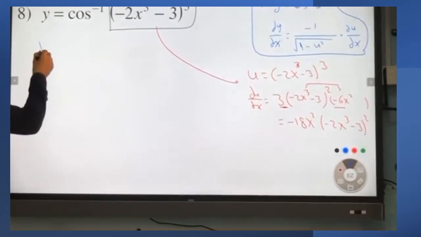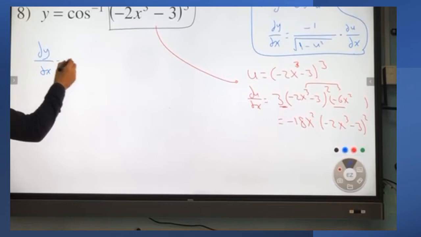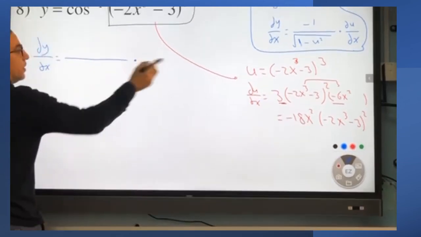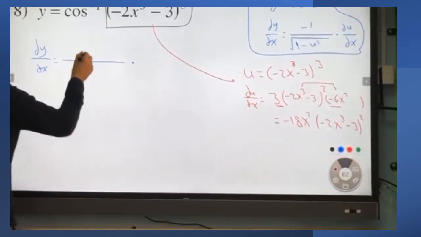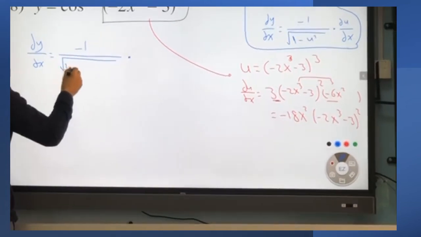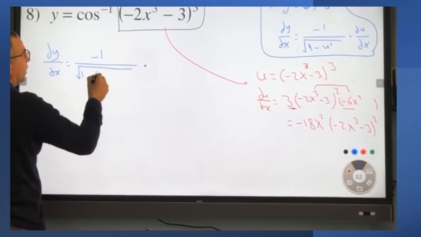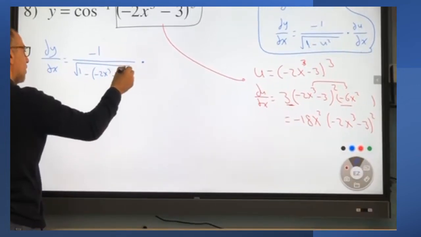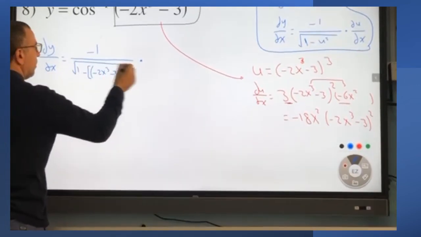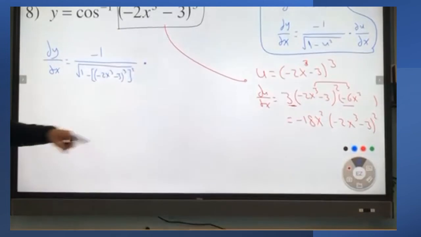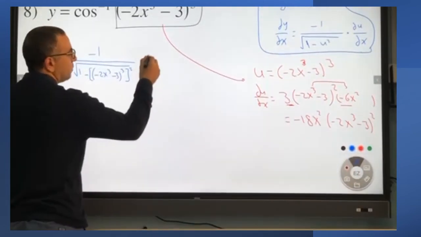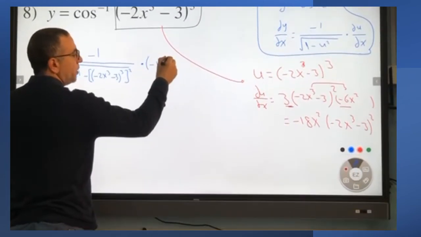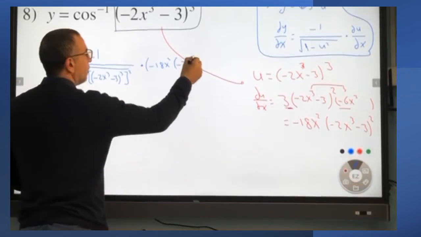So dy with respect to dx is equal to negative 1 over root 1 minus the function (negative 2x to the power 3 minus 3) all to the power 3, to the power of 2, which is u squared. Multiply the derivative of this function: negative 18x squared (negative 2x to the power 3 minus 3)